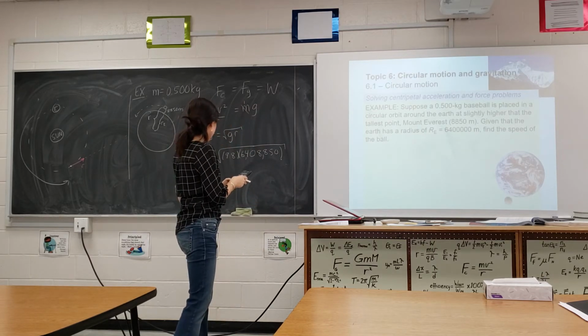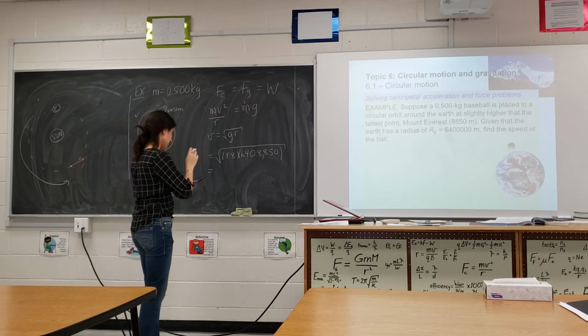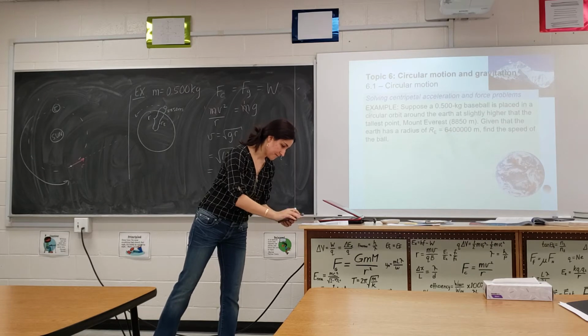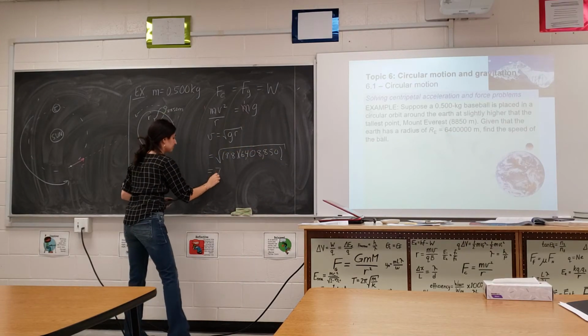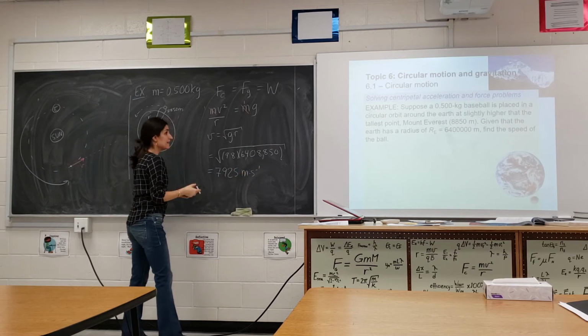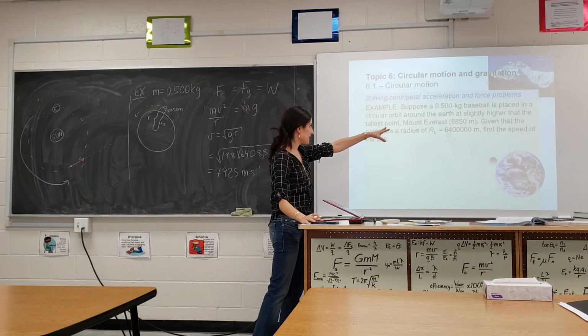So 9.8 times 6,408,850, divided, square root: 7925. 7925 meters per second. Now, looking at the values in the question, I know the height of Mount Everest is